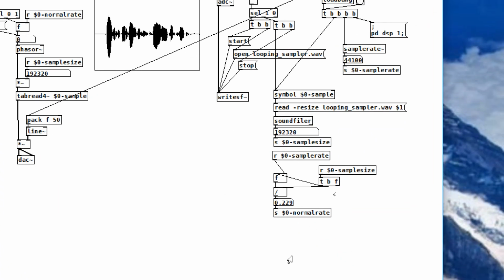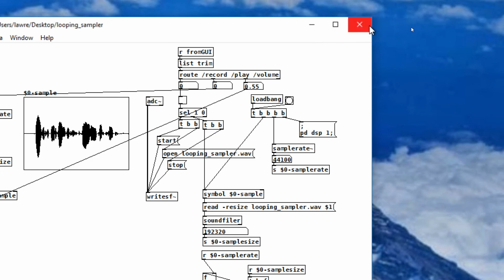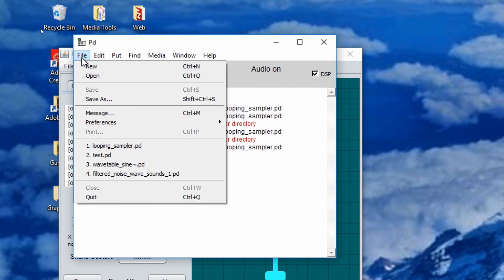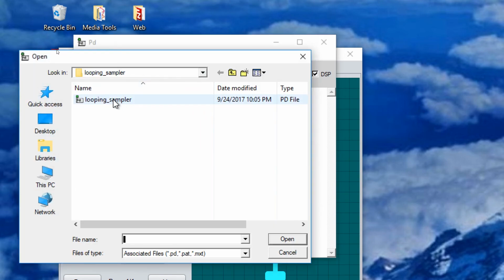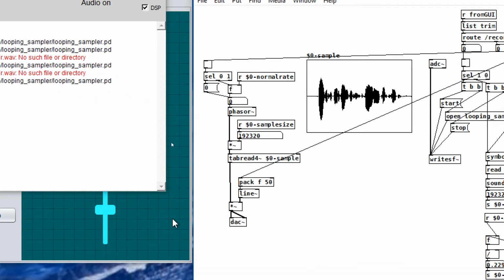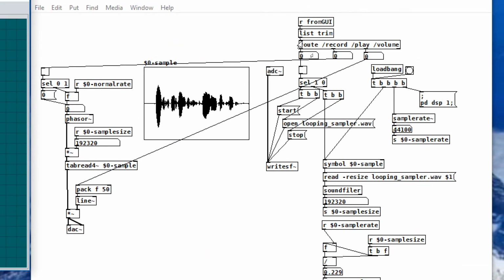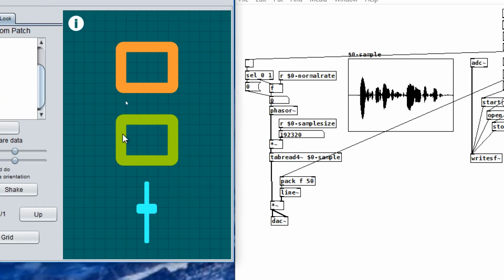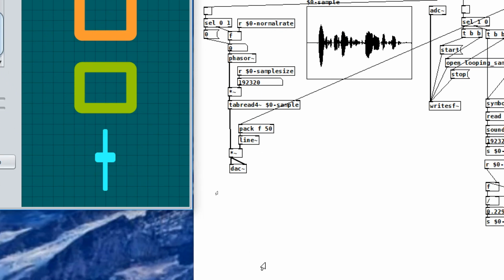So now, the idea is, let's close this. Now let's reopen the patch. Okay. And you see it loads the file from the beginning, and so that way we'll test sample. Alright, let's record again. This is the final test sample. Alright, we didn't hear it until I moved the volume slider,